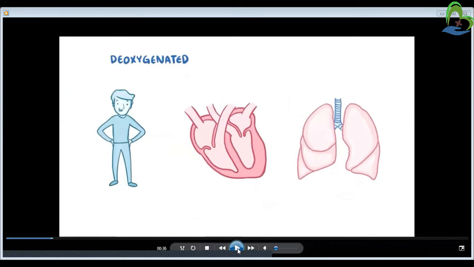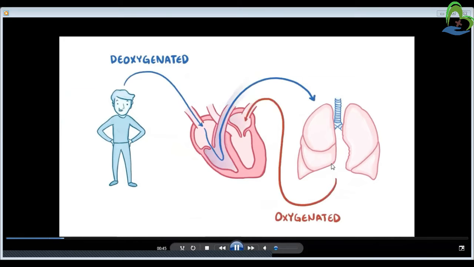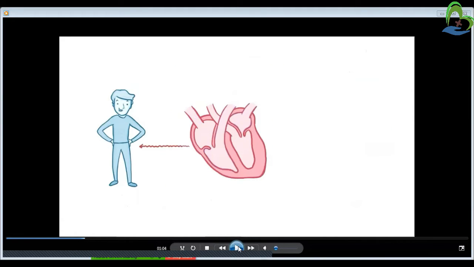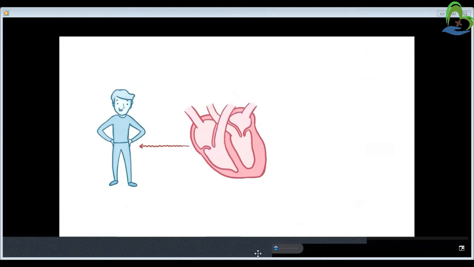We know that from the system, the blood comes from the vena cavas towards the right atrium, goes towards the ventricles, towards the lungs, and the deoxygenated blood gets oxygenated and returns from the pulmonary circulation towards the left side of the heart, which has a low resistance, that is 10 to 14 mm of Hg pressure. It again returns to the system, and that oxygenated blood is circulated to the whole system, which gets ample oxygenated blood.